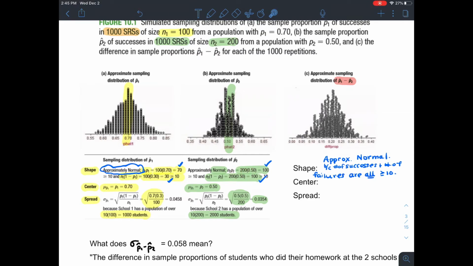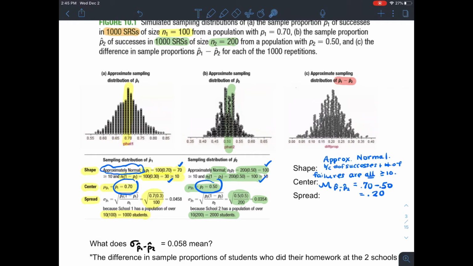Now, you'd never be able to say just that without showing the work here, but we have the work right here to look at. So there's 4 things you have to show. Okay, you have to show each one successes and failures are greater than 10 for both populations. Okay, the center. Now, the center of this sampling distribution for the difference in p hat 1 minus p hat 2 is just simply subtracting in that order these two means. Okay, so the center would be, the difference is roughly